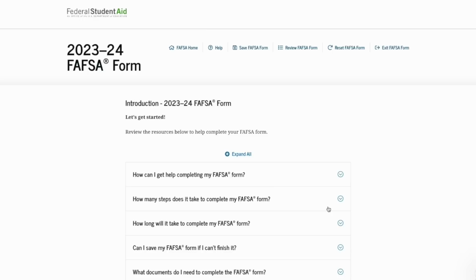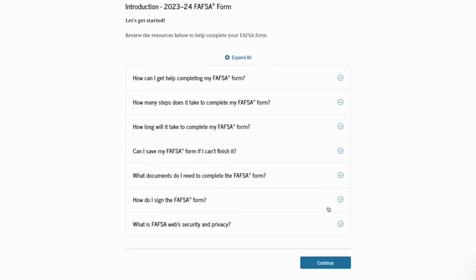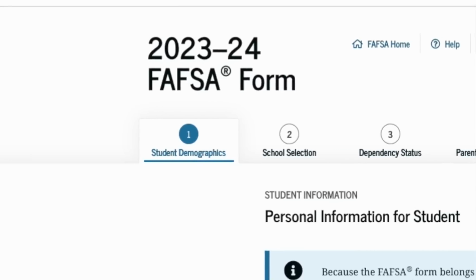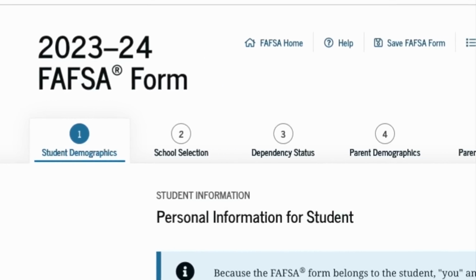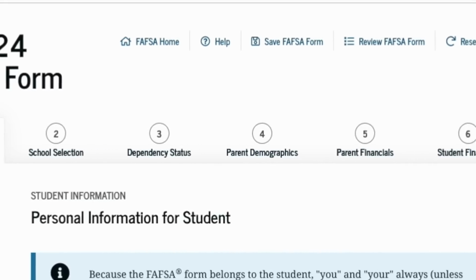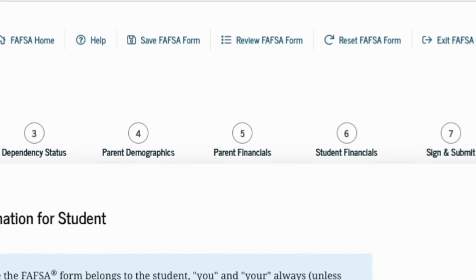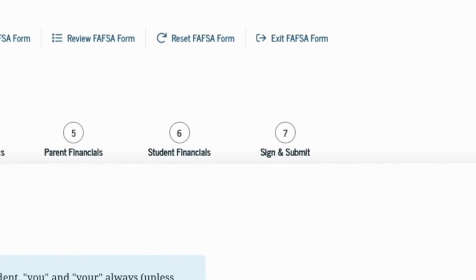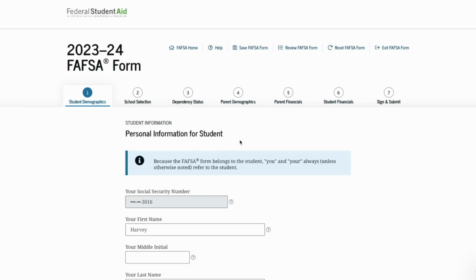The introduction screen gives you various resources you can access in order to help you complete the FAFSA. The FAFSA form is divided into 7 sections, which you can see along the top of the form. I'll be walking you through each section on how to complete the information. Remember, after you complete a section, the application auto-saves at the end of that section. But at any time, if you want to pause your progress on FAFSA, you can save your FAFSA form, exit the FAFSA form, and come back at a later date using your save key